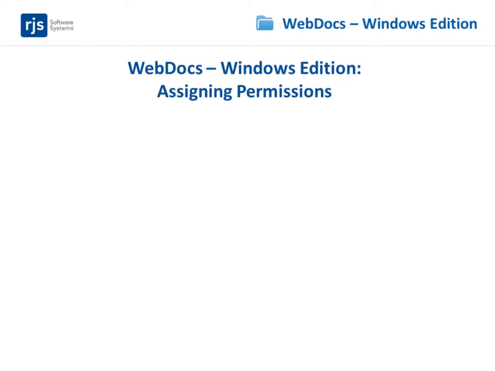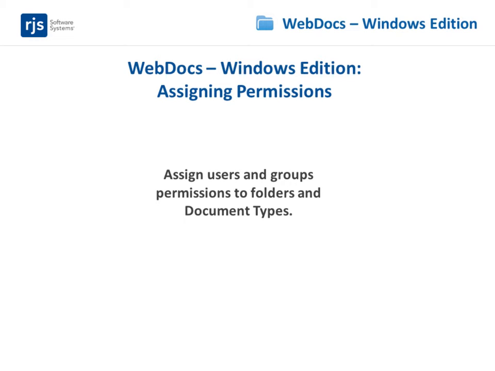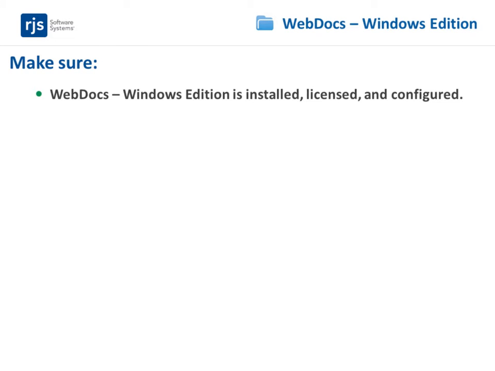This video is part of a series that shows you the basics of how to set up Webdocs security model. In this video, you'll learn how to assign users and groups permissions to folders and document types. The instructions in this video assume that you have installed, licensed, and configured Webdocs Windows Edition, and that you have